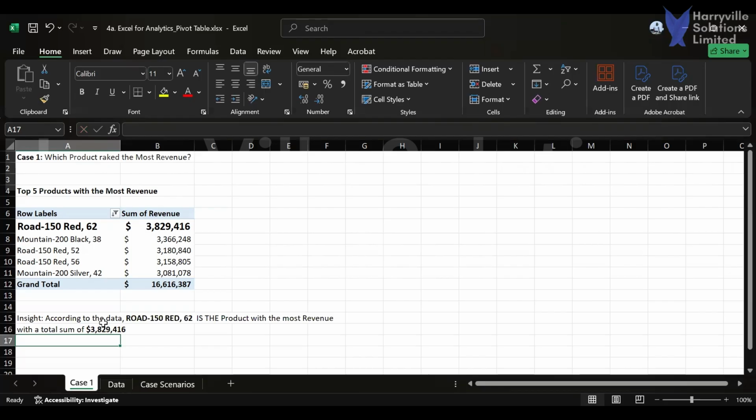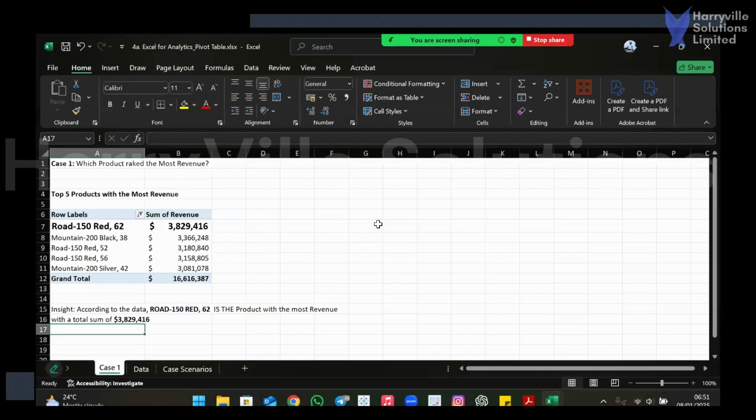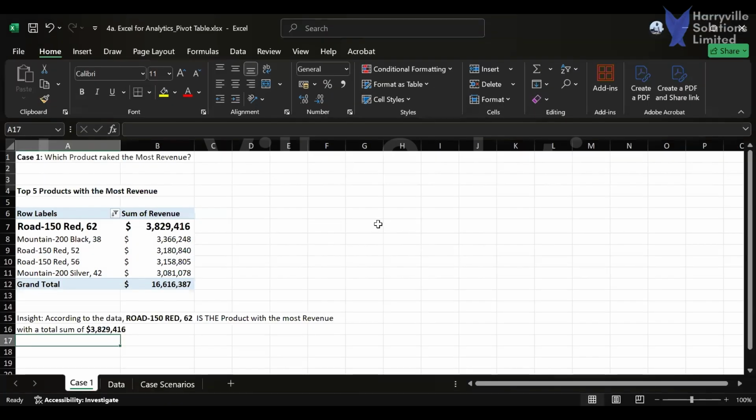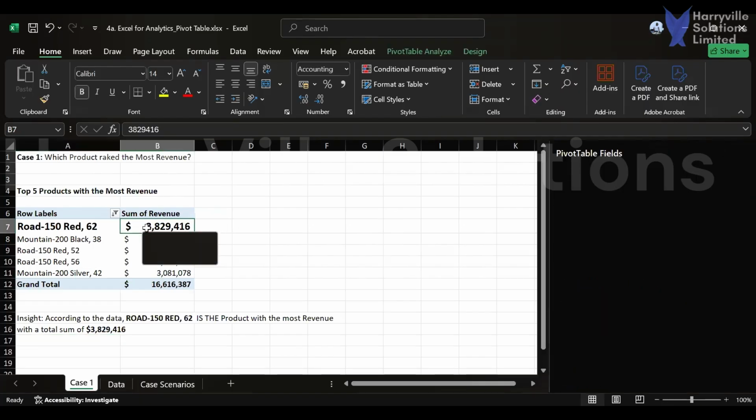This is how to answer a question effectively as an analyst using pivot tables. You have to do your analysis in such a way that it is very attractive and well explanatory for anybody that is going to be coming across your work. So, having done this,